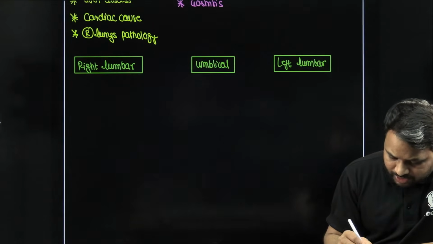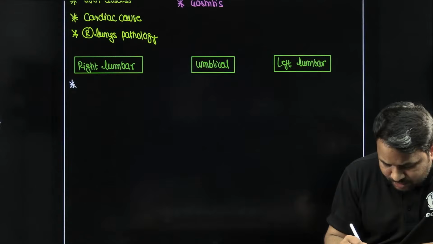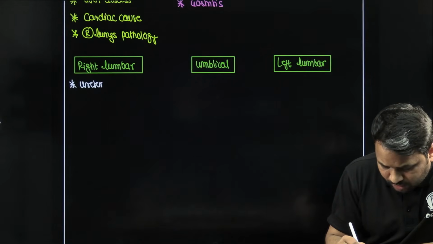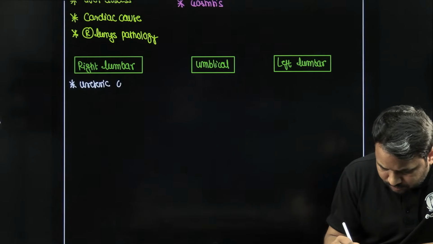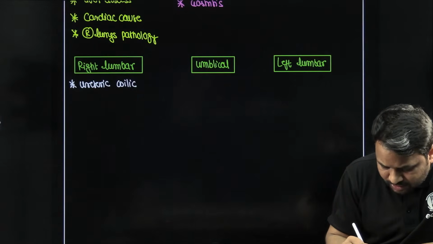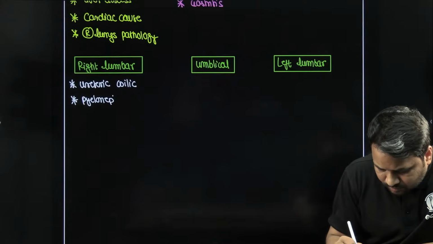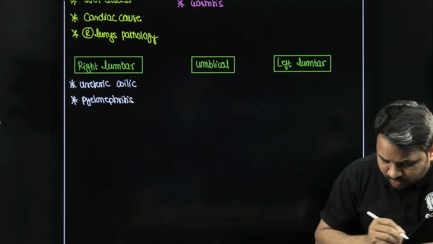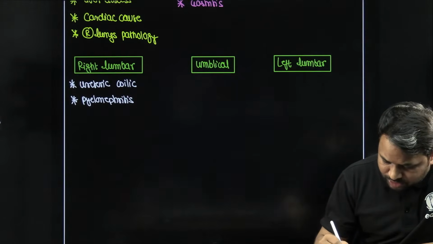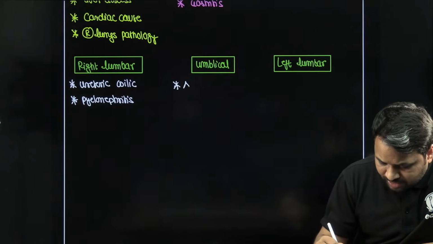Now, in the right lumbar region, the causes for pain are usually ureteric colic and pyelonephritis. In the umbilical region, initially your appendicitis,